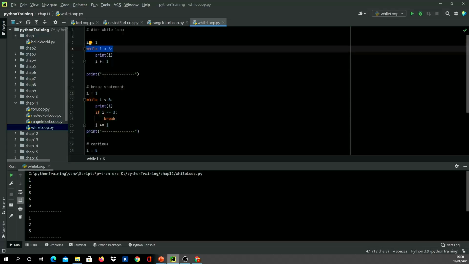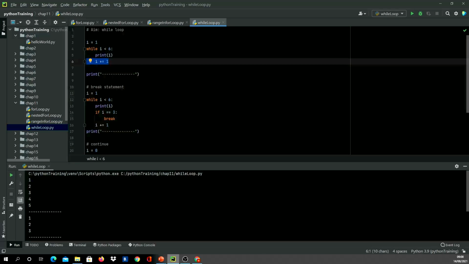If I don't have this statement here, the while loop will run infinitely, and your program will consume all your memory, and then it'll give a core dump, or it'll break at some point of time. So you need to give some conditional statement. Here I'm saying increment the loop. It'll say i equal to i plus 1.